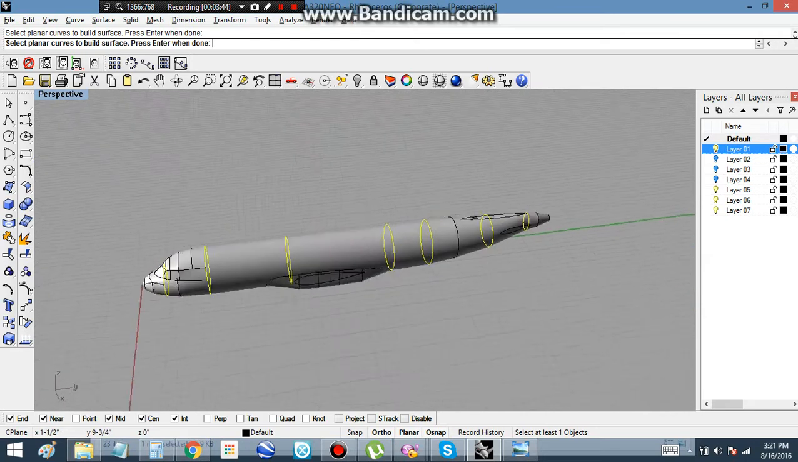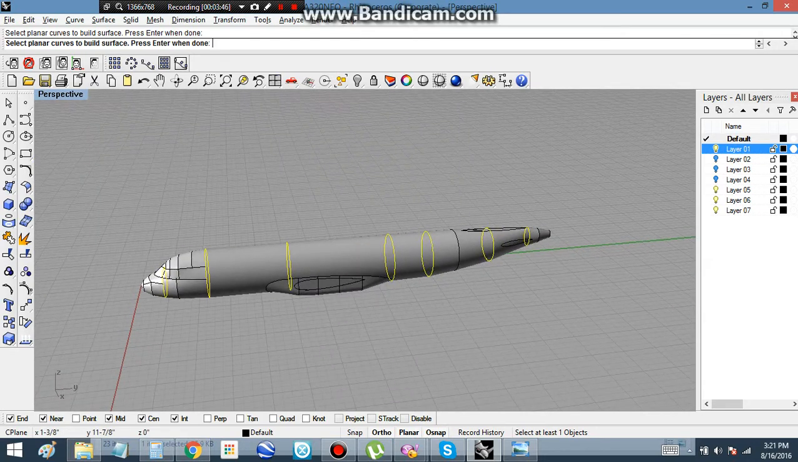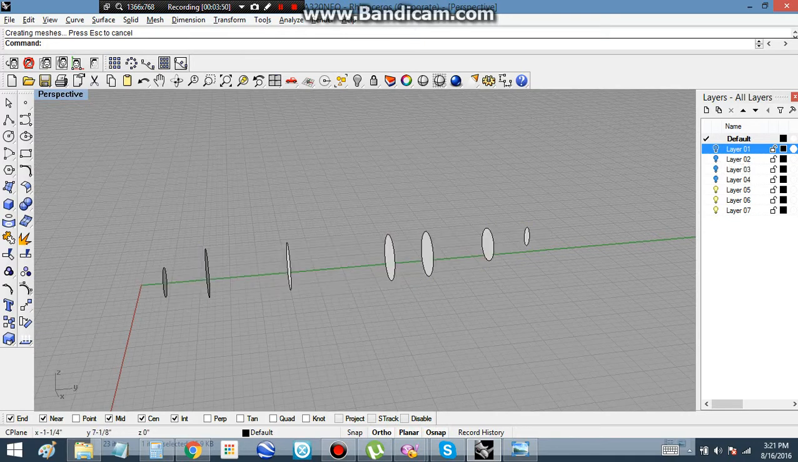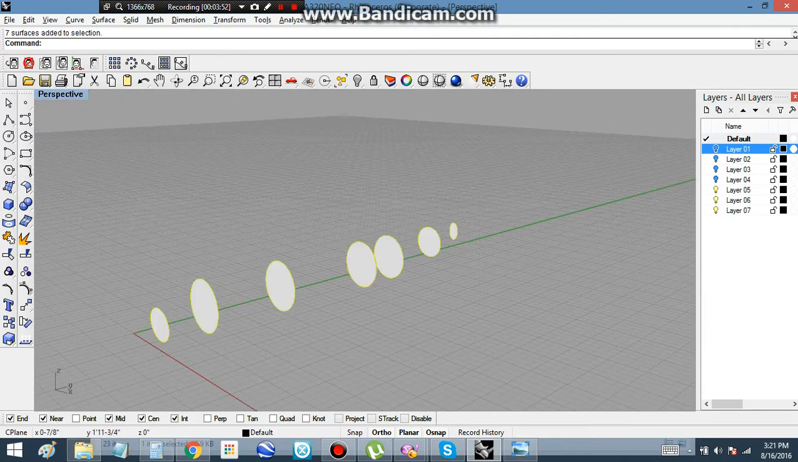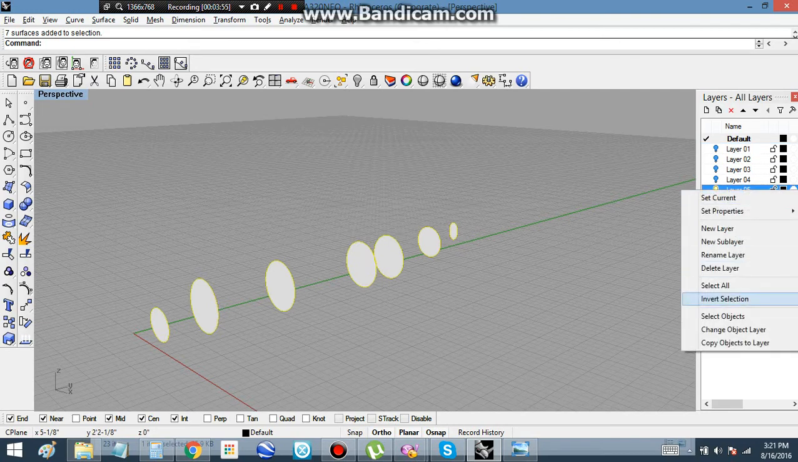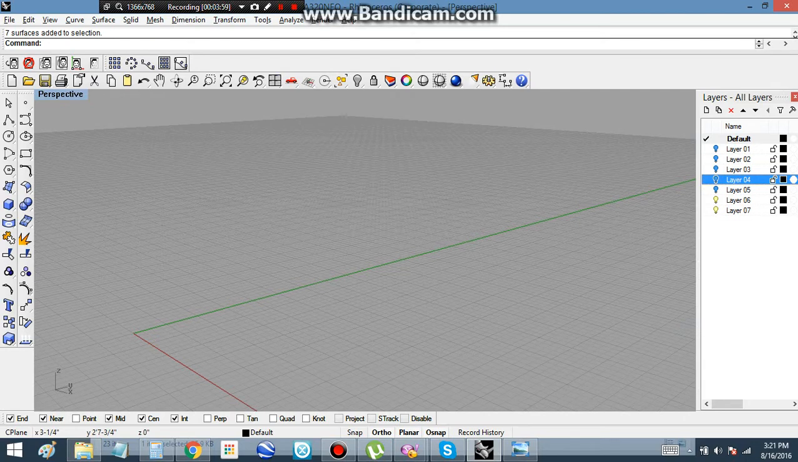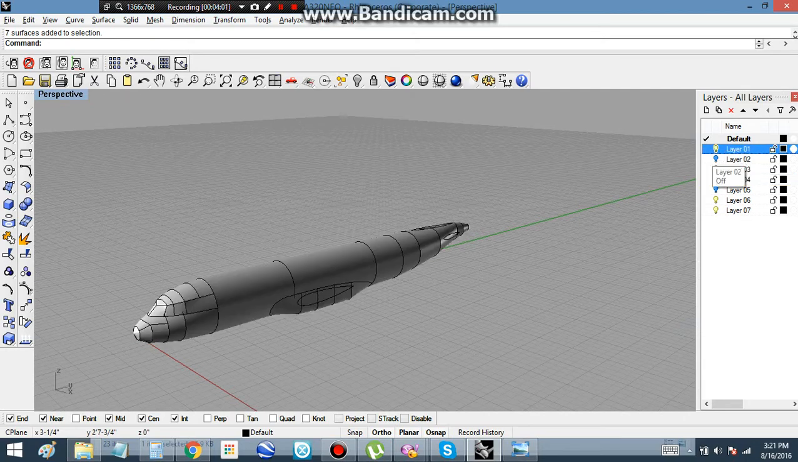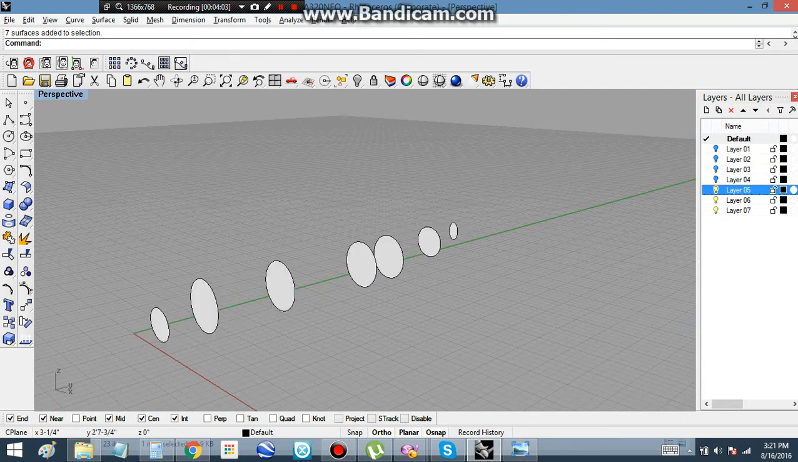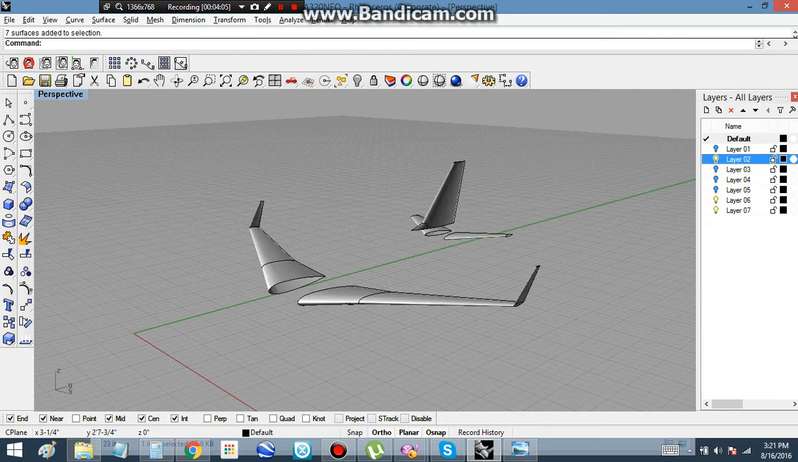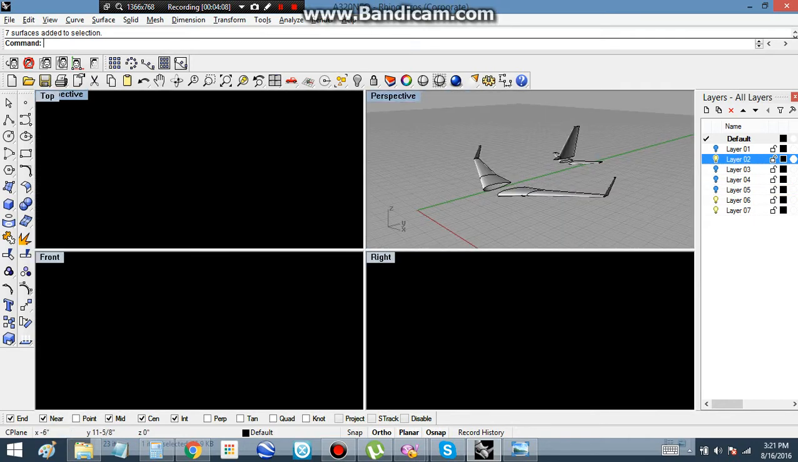So this is basically all the formers this one is going to have. You select, press enter, and you've got formers. And they get their own layer, 5. I'm saving 4 for the landing gear. So now, and for the wing former, the wing spar,